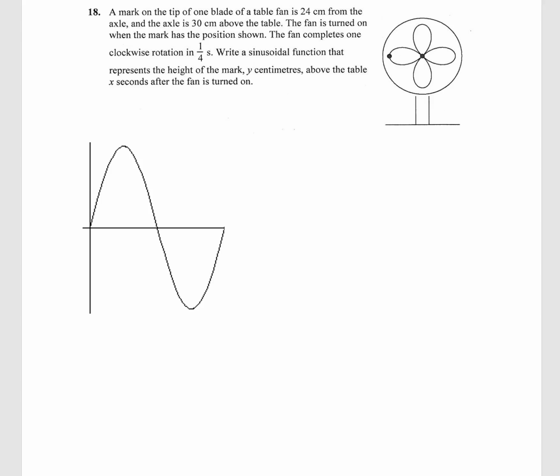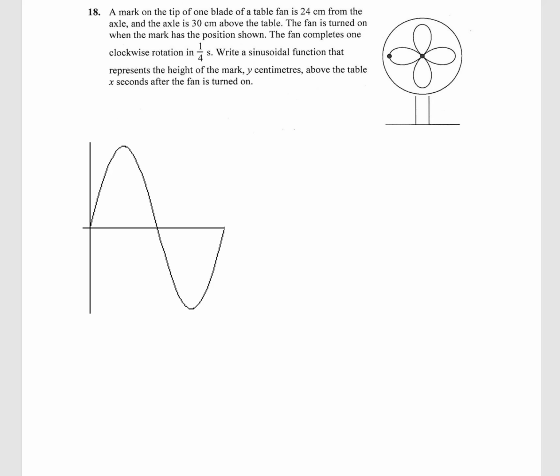Question 18 says a mark on the tip of one blade of a table fan is 24 centimeters from the axle, and the axle is 30 centimeters from the table. The fan is turned on when the mark has the position shown. The fan completes one clockwise rotation in 1/4 of a second. Write a sinusoidal function that represents the height of the mark y centimeters above the table x seconds after the